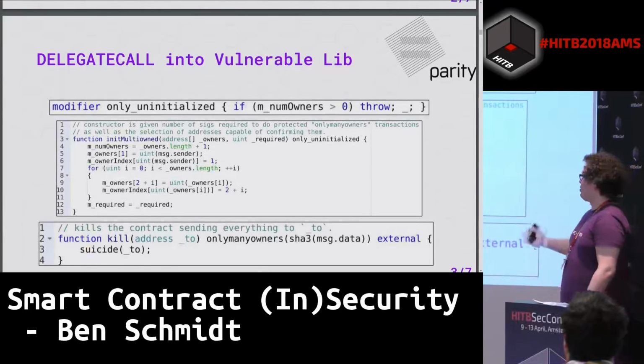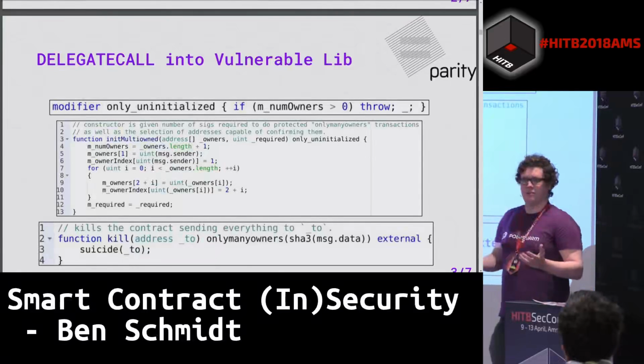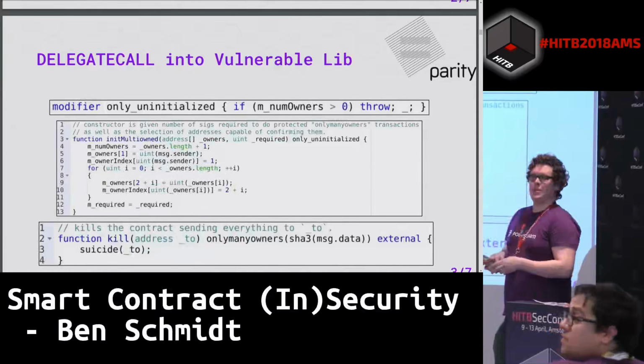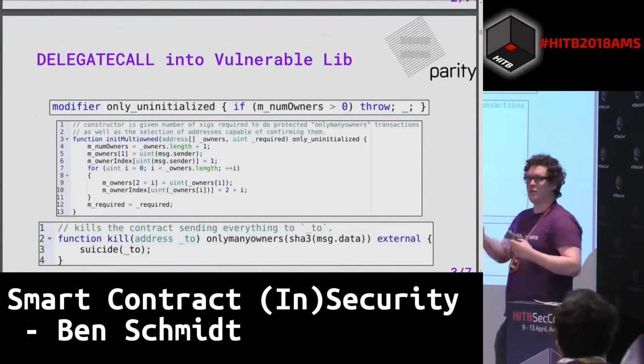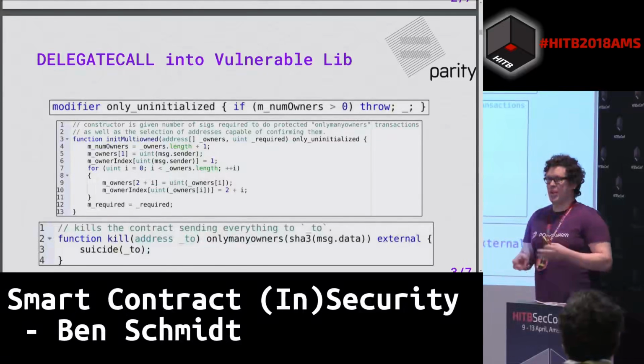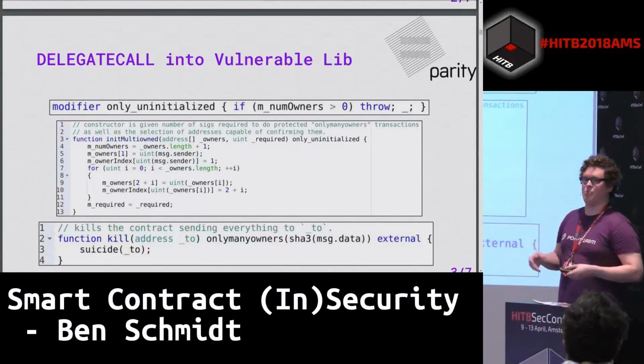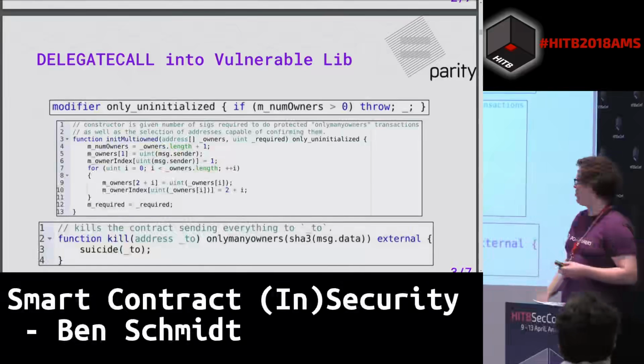So the core of the problem is, and how many people in here have looked at Solidity code before? Anyone? If you don't know Solidity, it's a weird mixture of JavaScript-y syntax plus some C underpinnings that is somehow used to manage all of these funds all over the world.